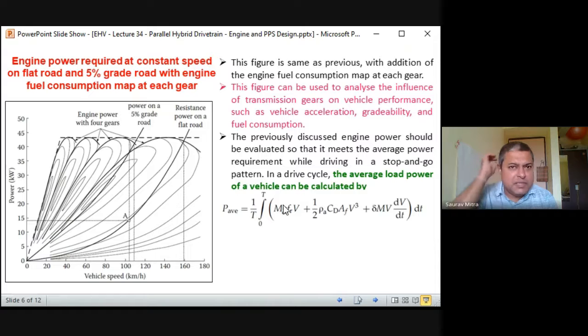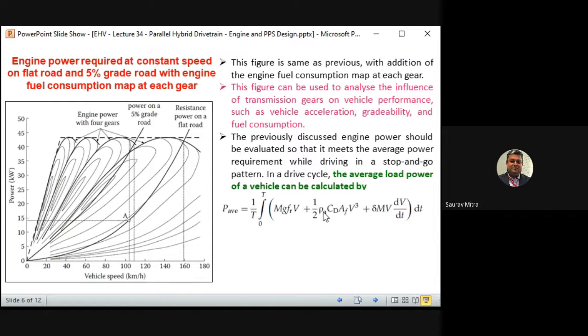So this is the mgfrv. This is the tractive force. The first part is the rolling resistance loss, and the second part is the dynamic loss. The first and second parts go into negative, so these two are subtracted from the tractive force part. Whenever the vehicle is producing power for traction, the tractive force and the overcoming of these two energies, all that power has to be produced by the vehicle. The energy is integrated over time, so the combined energy divided by time is equal to power. That is what we are finding.